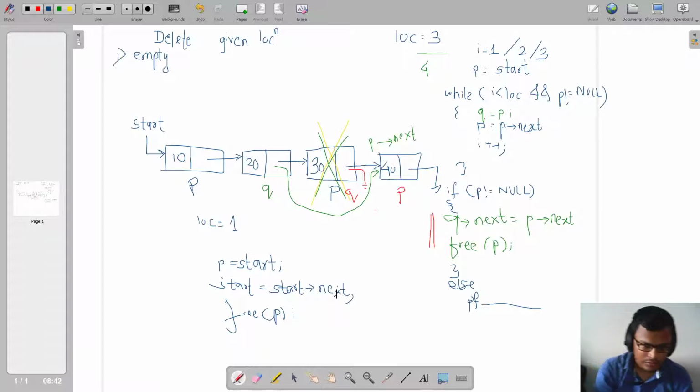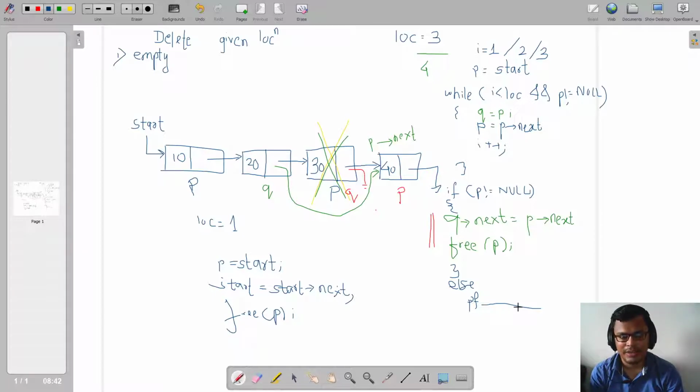So this logic works well now for linked lists containing some elements, right? Even if my linked list contains one element and I pass location as 2, it will come to this else part and come out due to invalid location. So this entire logic works well when my linked list contains some elements, and in that we have two cases: location is 1, and location is 2, 3 and so on onwards.